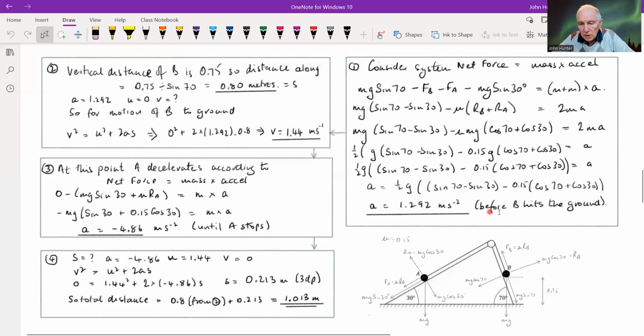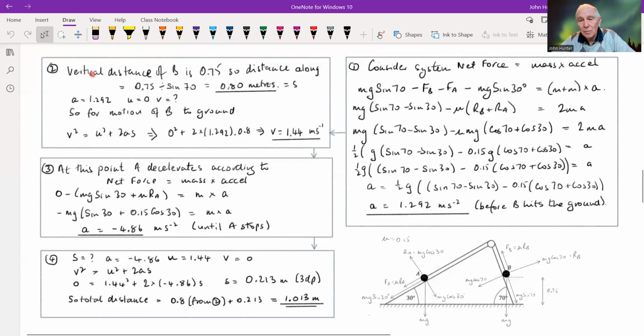And I had the space, but that's before B hits the ground. Okay. That's the first part of the solution. Second part. Now, what we're interested in now is the velocity of that particle B when it hits the